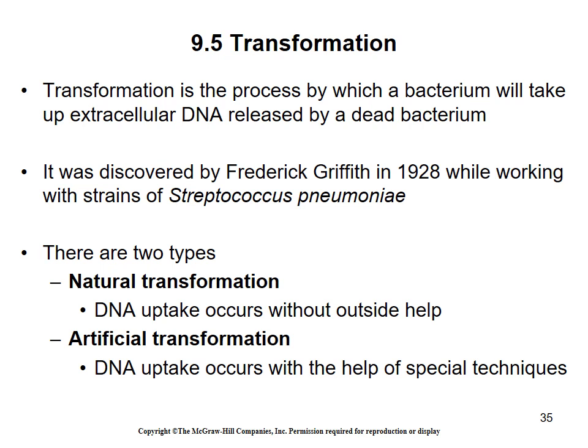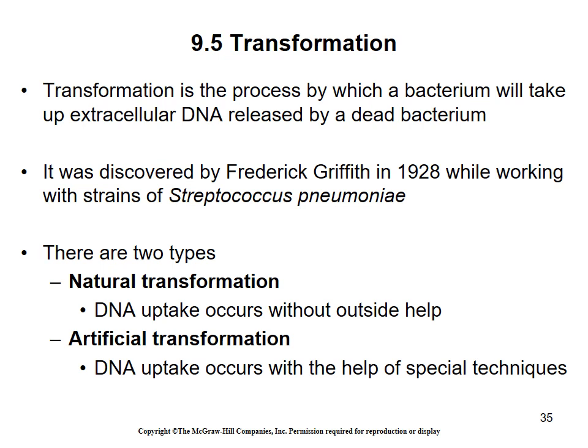Now, this work was initially discovered in the 1920s by Frederick Griffith, and I'm sure most of you might remember the story of Frederick Griffith when he did his work with Streptococcus pneumoniae, where he had the rough strain and the smooth strain, and he basically was trying to figure out if protein or DNA was our true genetic material. And along the way, he also figured out the fact that you're able to extract extracellular DNA and integrate it